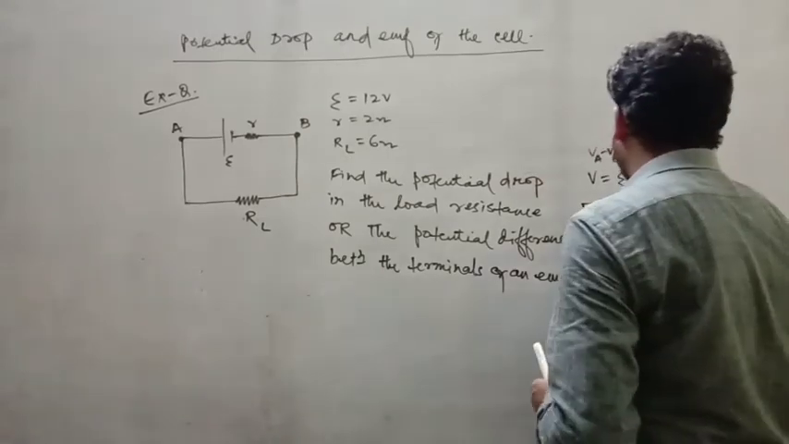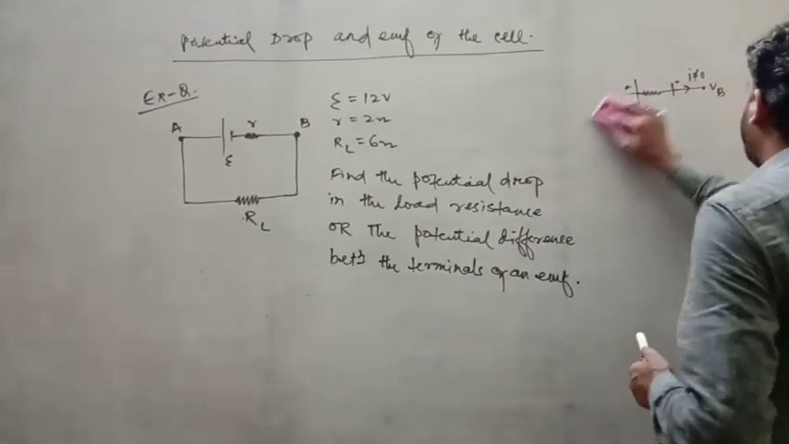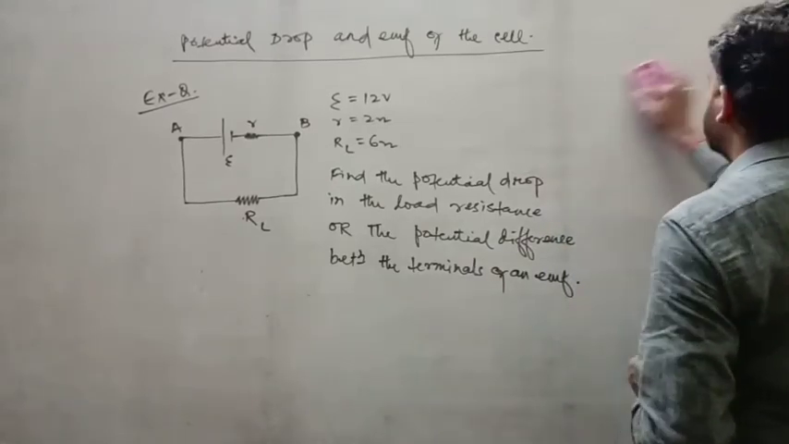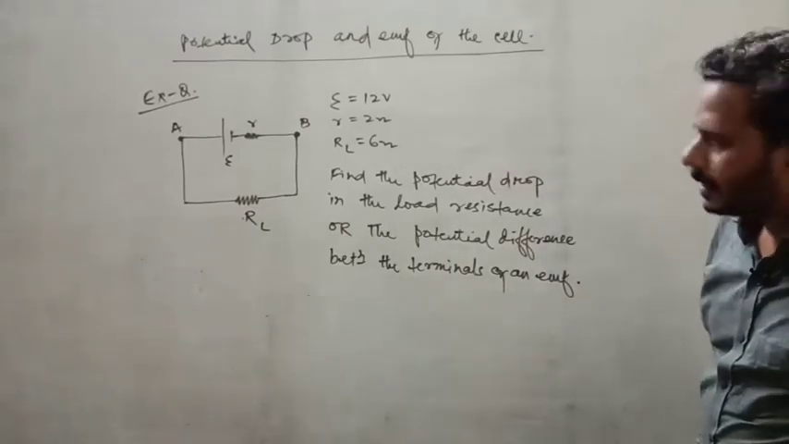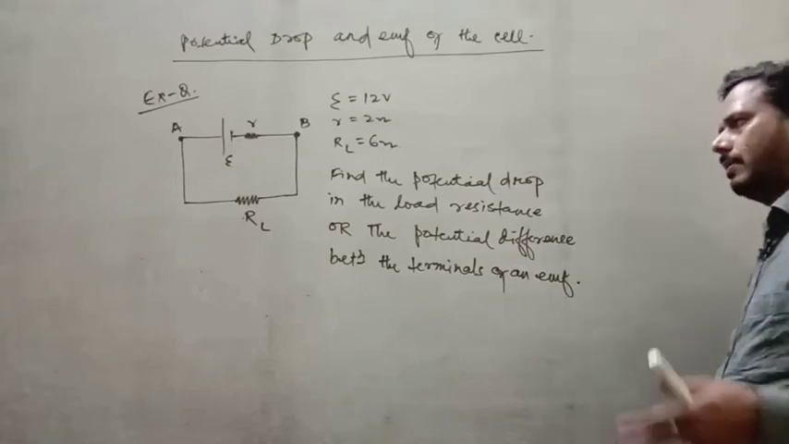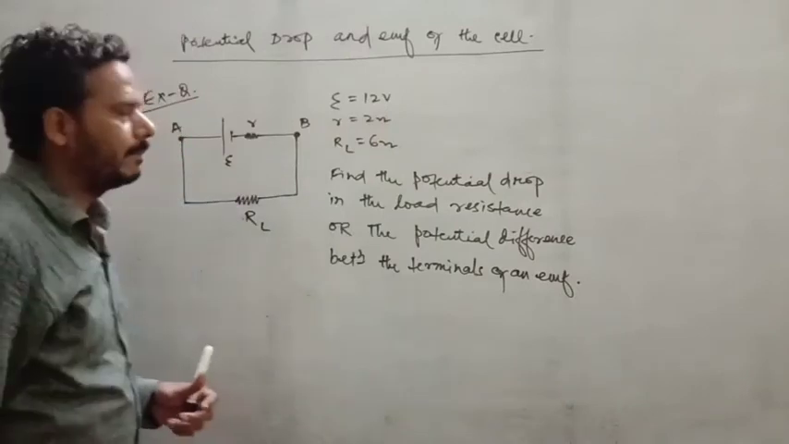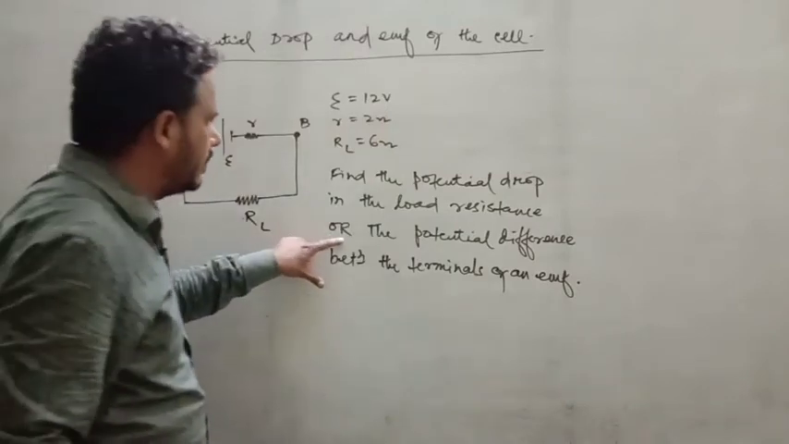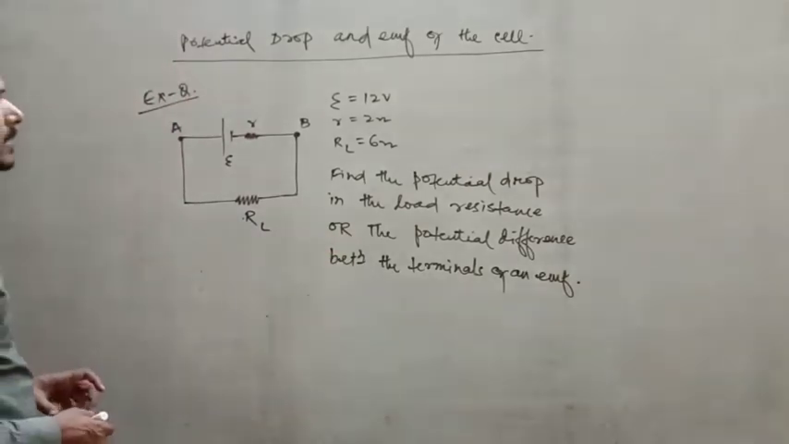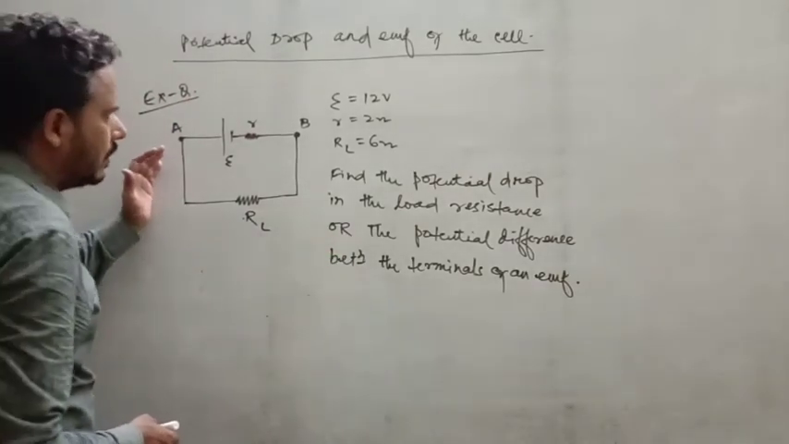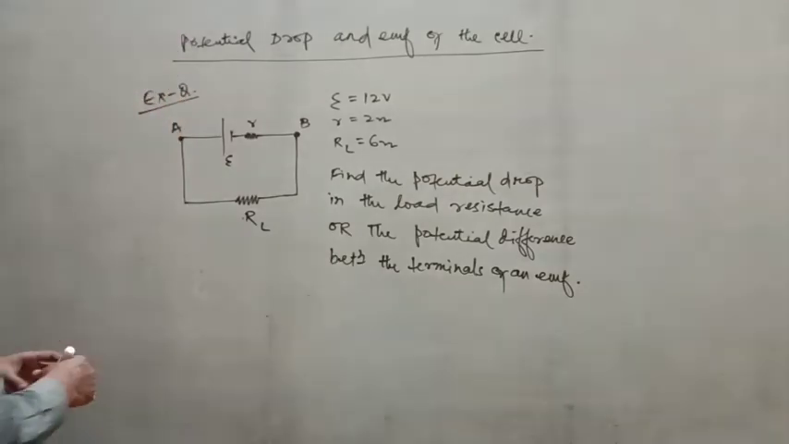So from this diagram you see that A and B are the points between the terminals of an EMF or between the terminals of the load resistance. That's why here it is written as "or". Alright, so now from the previous concept you have to find this potential difference